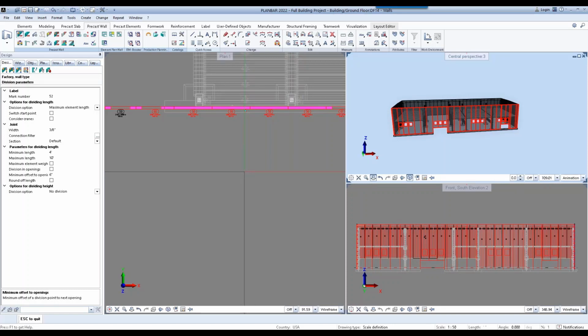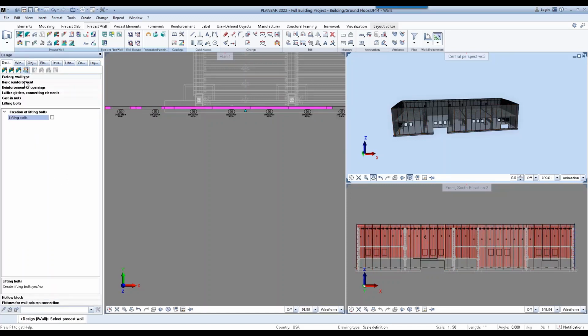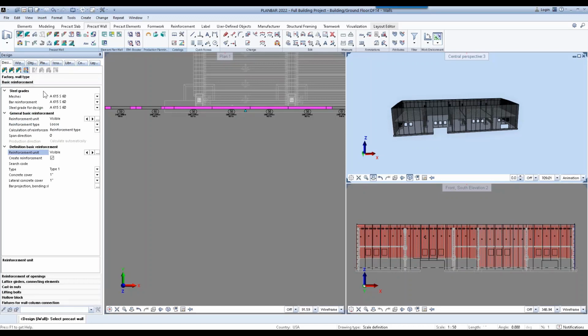So now that we're ready to add reinforcement, we can go to the Basic Reinforcement tab. This tab has many options, but once again, once you set it up once per your standards or what your project requires, you can save it as a favorite for future use.